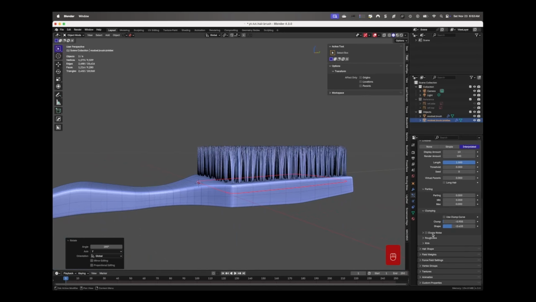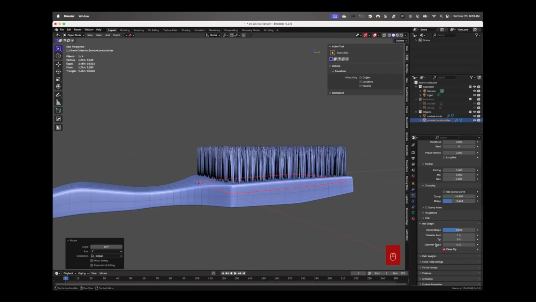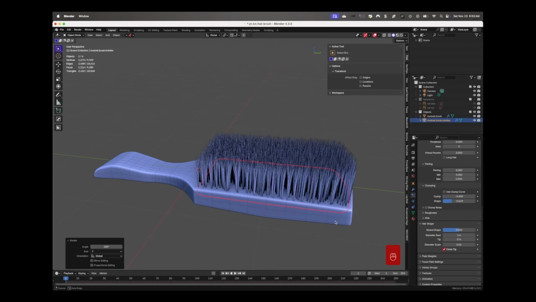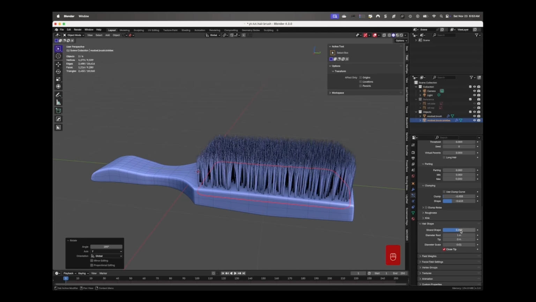Okay, that's looking pretty good. And just feel free to come in here and, like I said, pause the video if you need to and copy these settings. Or if you want to change it, by all means change it. My purpose here is just to show you guys how to solve this problem and create this thing.